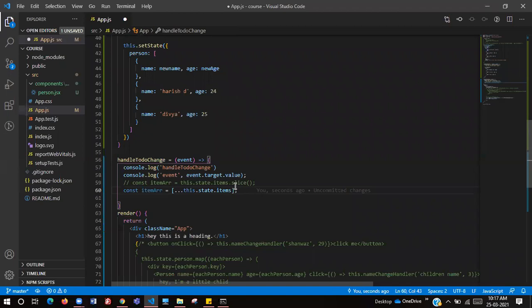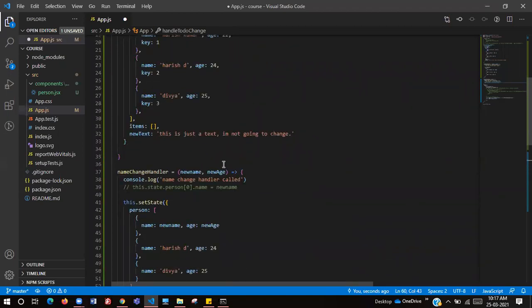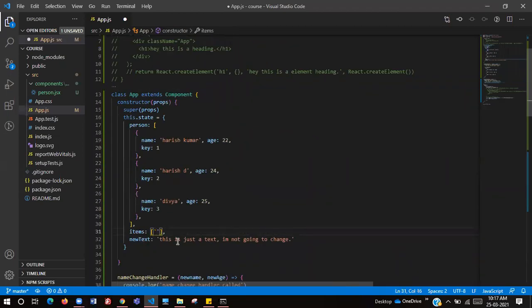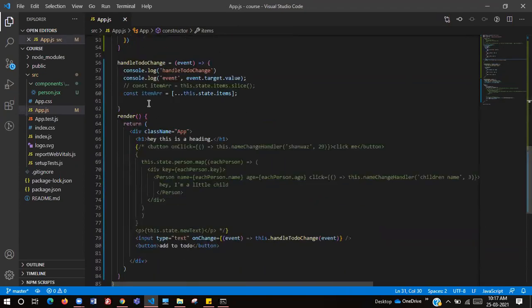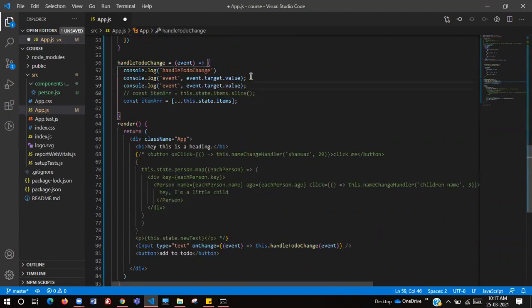So yeah, we already have a text, and this list item is to take class. Okay, now what this items array will have: const item. Let's just log it.